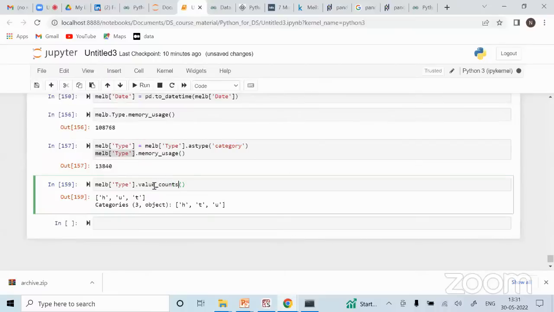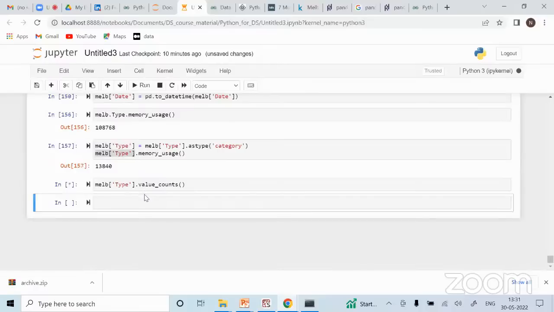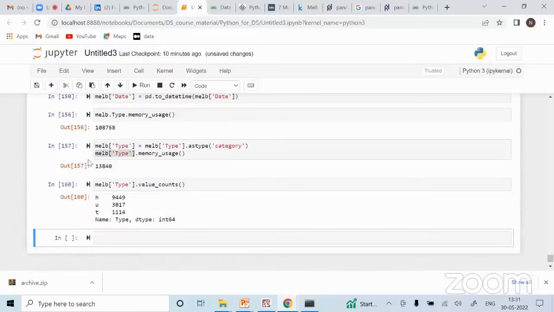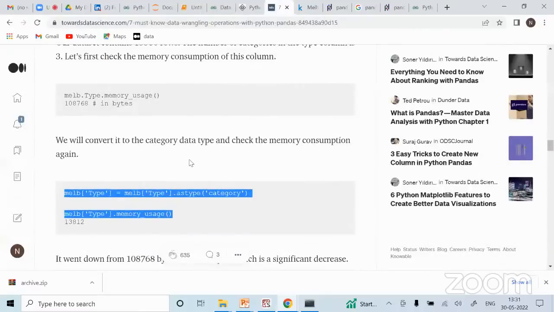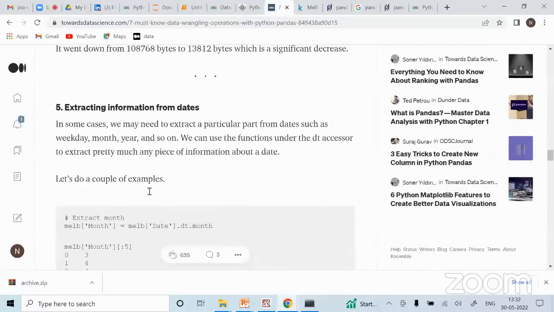So that's why it's always preferable that you convert into a category rather than an object, because of the memory usage. It takes less memory once you have converted into a category. Okay, that is another important thing.